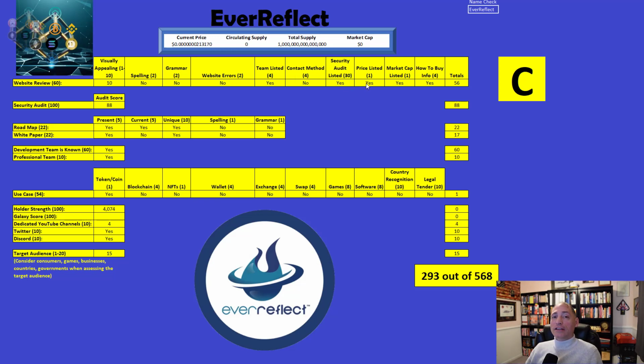They've got the different links to go check the price data. So I say, yes, it's there. I would like to see in the dashboard that all the price information was right there as well. Market cap